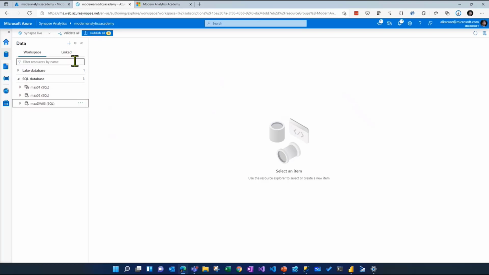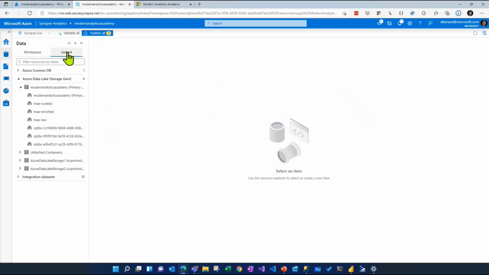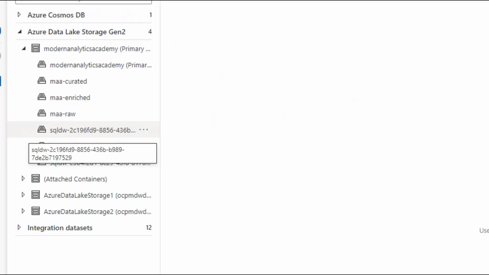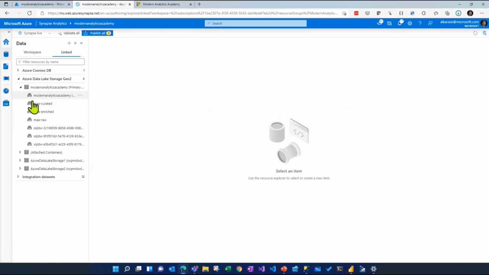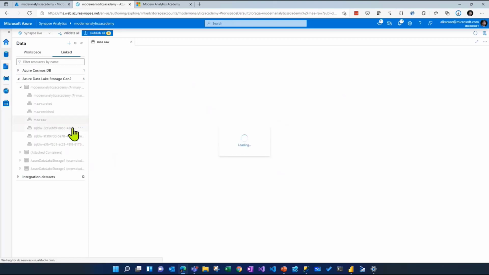All right, so then the next tab is our linked services here. You'll see, we'll talk about in a minute, our Synapse Link to Cosmos DB connection. And then we also have, as I mentioned before, our data lake storage accounts that are attached. So here I'll be primarily focusing for this session on these middle three. So we have MAA raw, MAA enriched, and MAA curated. They're going to represent the raw, enriched, and curated data sets that I'm storing in a data lake as part of this solution. So if I was to start there,